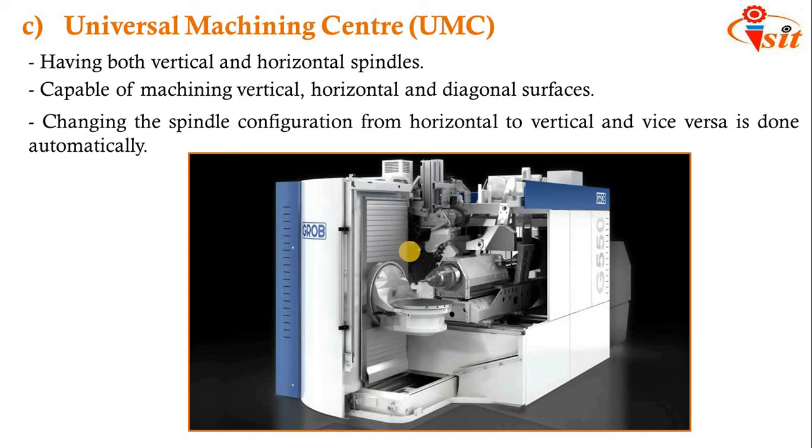So among these, most industries are using these machining centers rather than conventional CNCs, because we have to perform different operations on the workpiece simultaneously. For that, the conventional machines will not do the operations, it will not increase the productivity, and idle time will be there. But this idle time can be reduced by these machining centers, and dimensional accuracy can be achieved. Also, parts are manufactured with a good quality surface, which can be achieved by using these machining centers. So those are the advantages of machining centers.